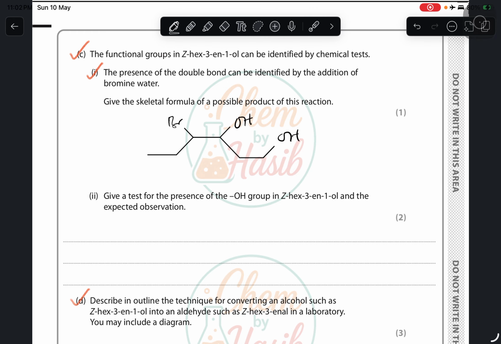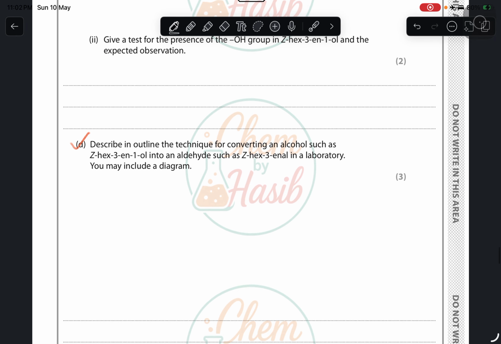Then question number D: describe in outline the technique for converting an alcohol such as hex-3-en-1-ol into an aldehyde, such as hex-3-enal. Oh, you want to convert a primary alcohol into an aldehyde. To do this, you heat with potassium dichromate(VI) in dilute sulfuric acid. Basically, you need acidified potassium dichromate(VI), but you should write the name of the acid: the alcohol is heated with dilute sulfuric acid and potassium dichromate(VI), and the mixture has to